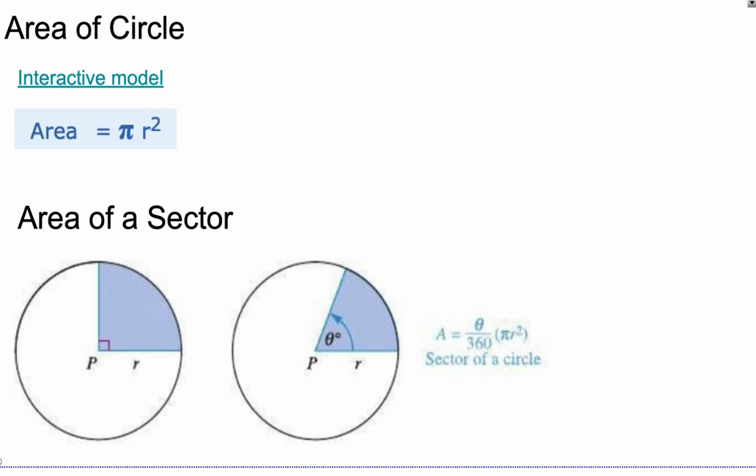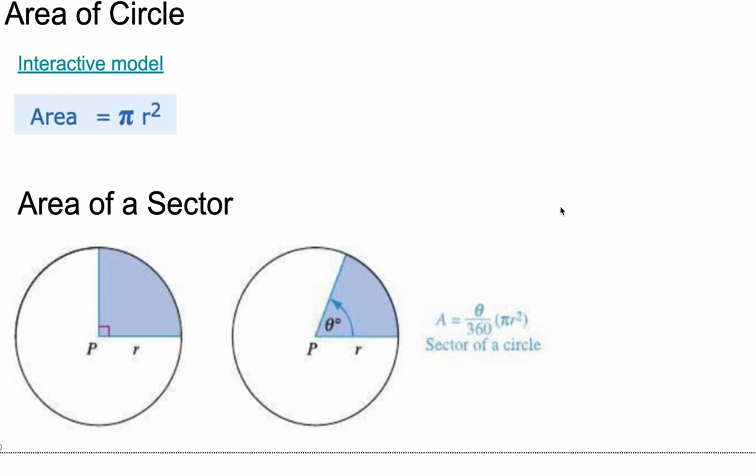A circle is not a polygon, right? A polygon has straight line segments and it has to be closed. A circle is closed but doesn't have straight line segments. So it is a special case. It's not a polygon, but it is a circle. What's the definition of a circle? From one point,